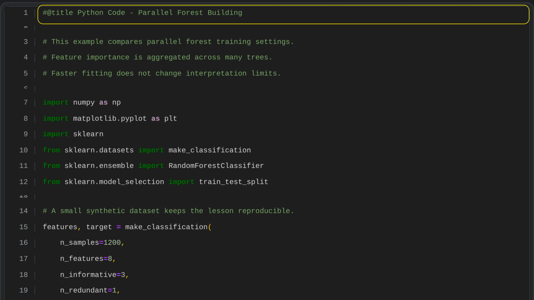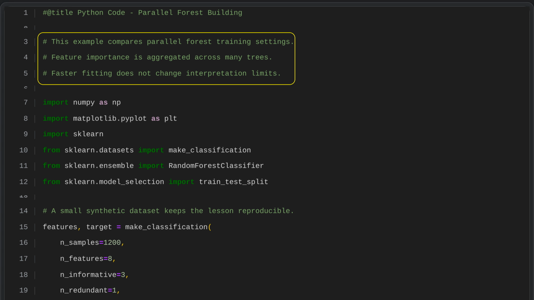Python code, parallel forest building. This example compares settings for training a random forest in parallel. Feature importance is combined across many trees, and faster fitting does not remove the usual limits on how those important